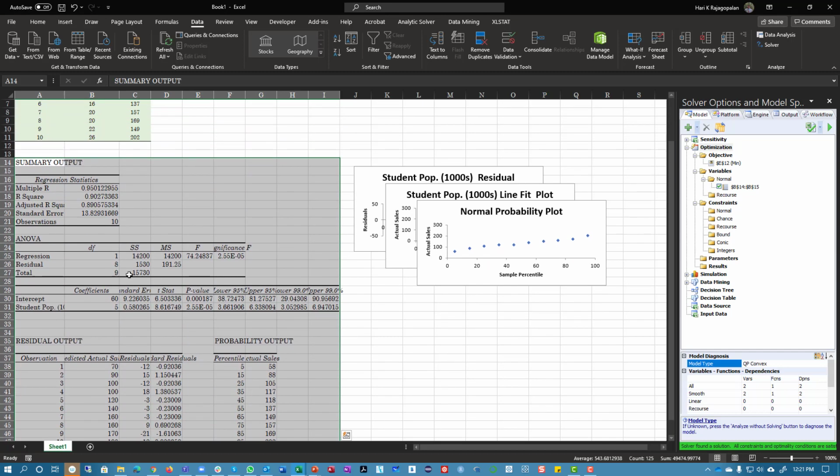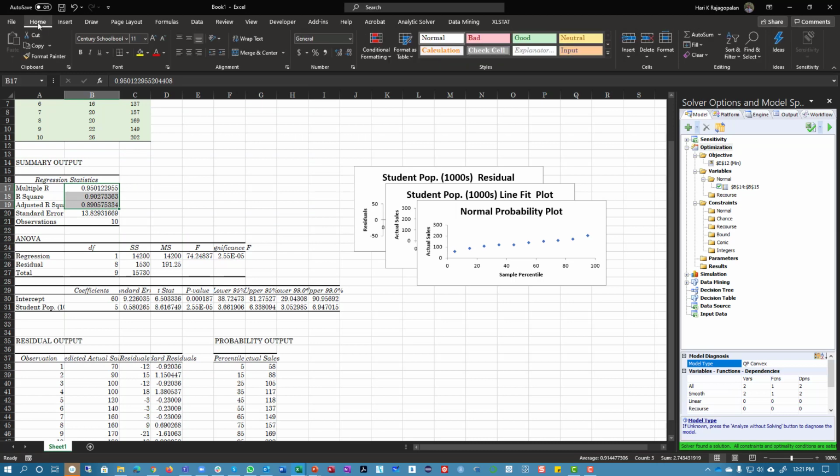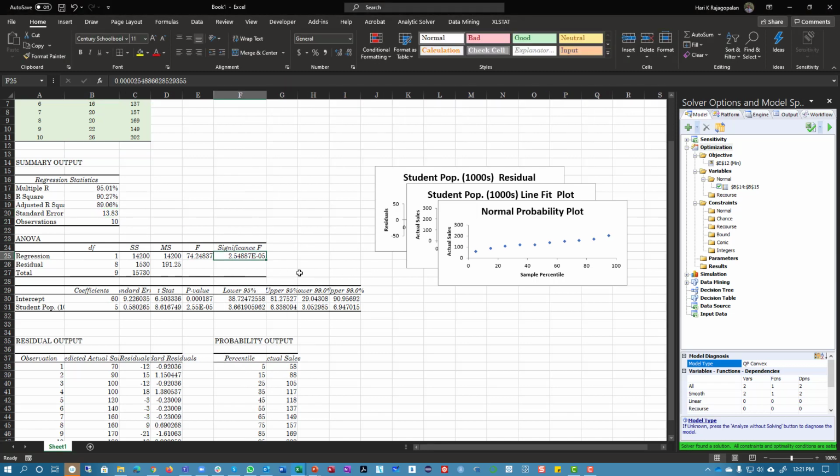Now my suggestion is that the first thing you do is to go ahead and format. A lot of you make mistakes because you don't format your data. Like for example, this significance F, a lot of you have trouble with this E minus 05. So just go ahead and format it because that will give you a better understanding of what that number is. And similarly here, these are numbers. These are all confidence intervals, so you don't have to calculate the confidence interval for the slopes. It's given to you, and here is your